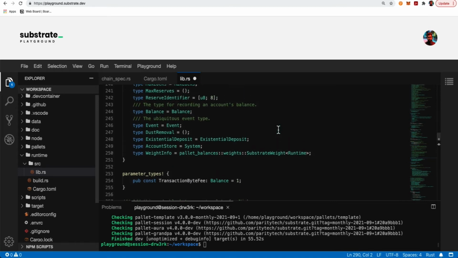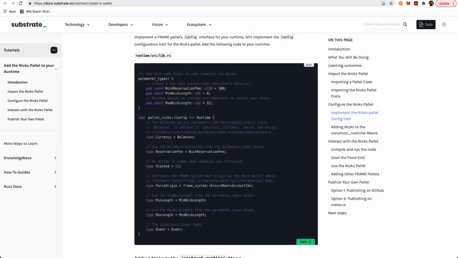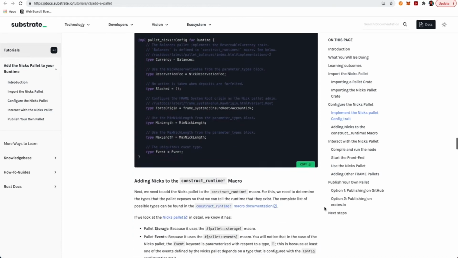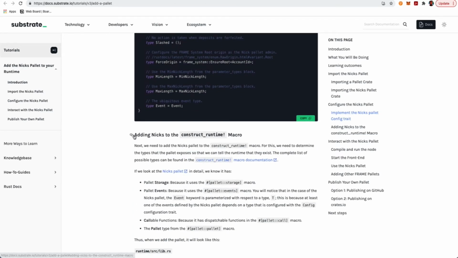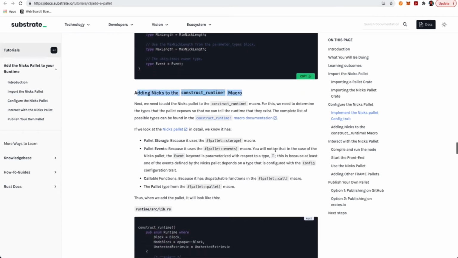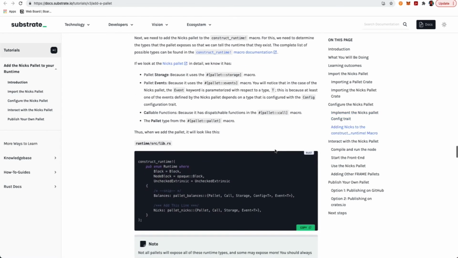So the next step is to be able to compose the runtime. So right now, already all the pallets are working in harmony. Now, because we added a new pallet to our runtime, we want to construct our runtime with